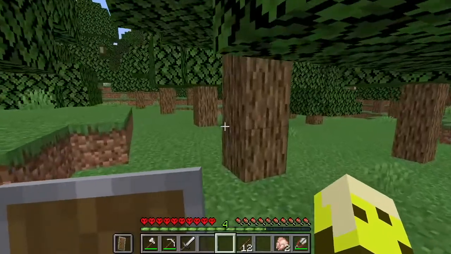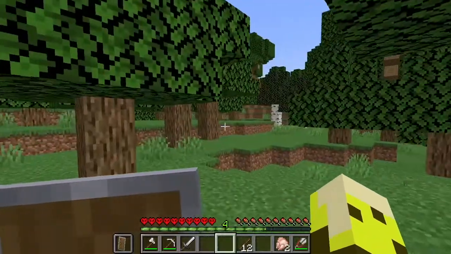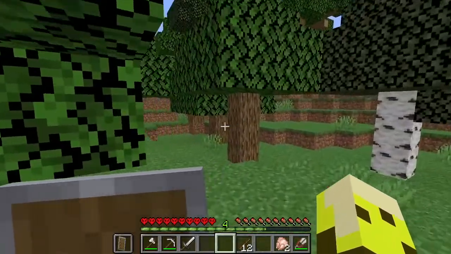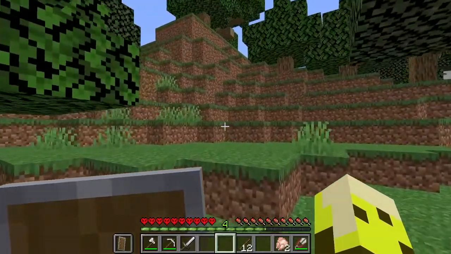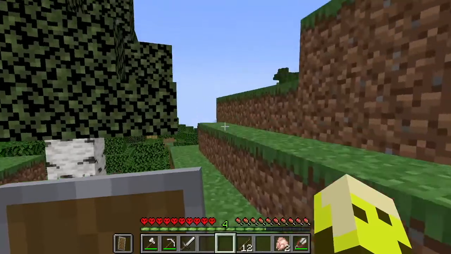So it's going to be a lot of inventory management, using blocks as I need them. Like, I'll go and gather some wood. I probably won't ever have more than one stack of wood at a time, because if I need it, I'll just go get more. So it'll be a lot of resource gathering and using, as opposed to